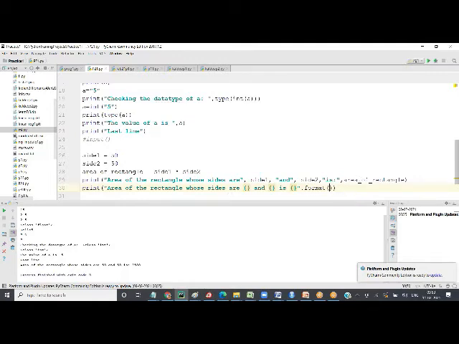The first one is side 1, comma, side 2, comma, area of rectangle. What happened here is that inside the string we are giving placeholders, and then we are saying format this.